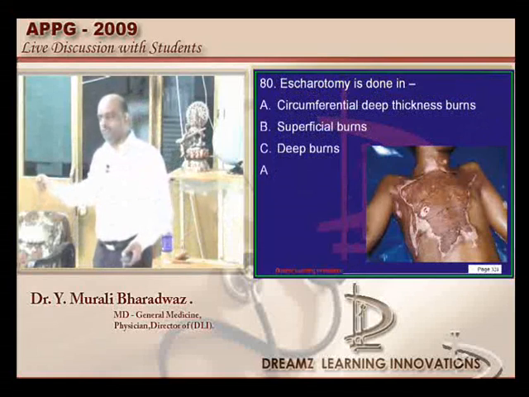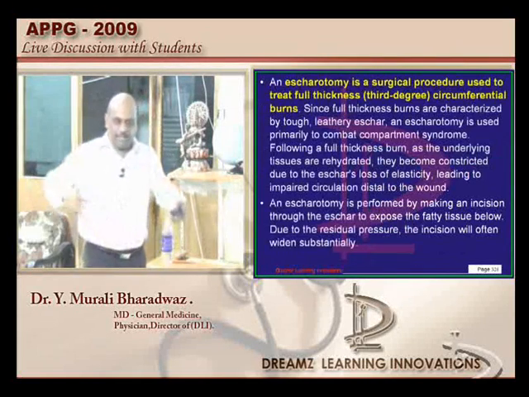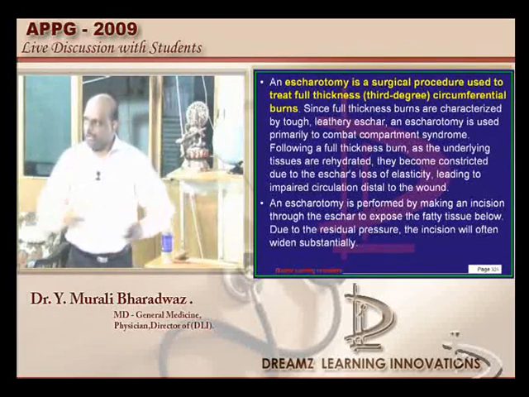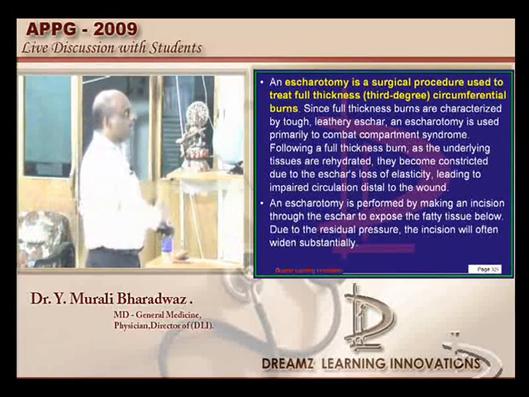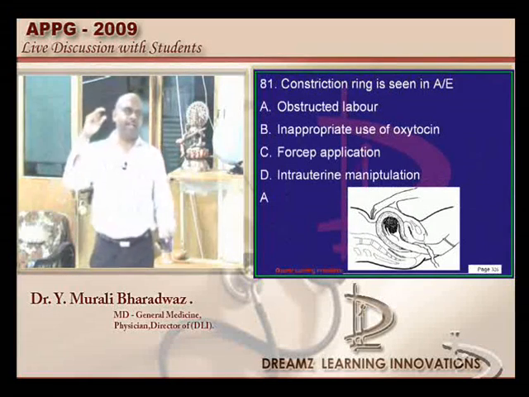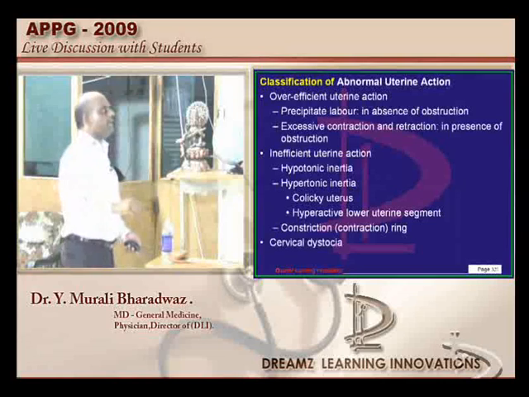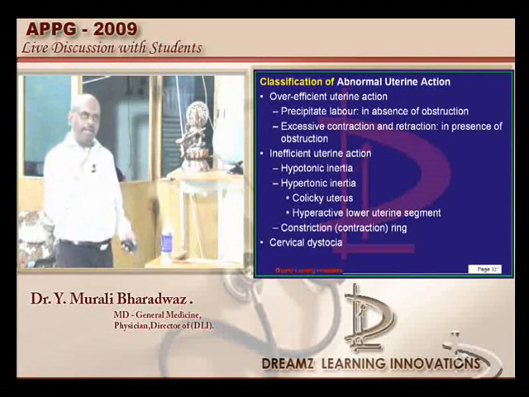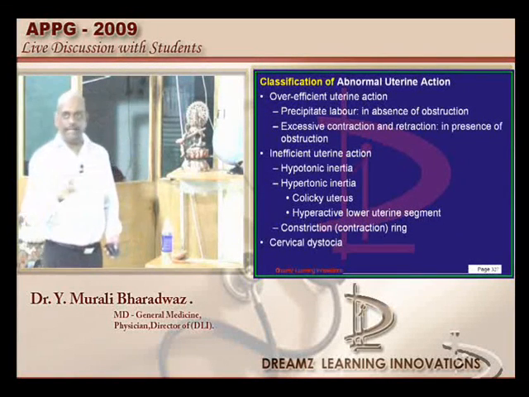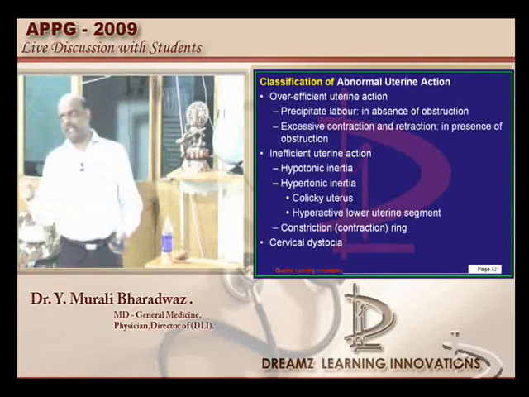Where do you do escharotomy? Whenever there is any deep burn which is circumferential, impairing the ventilation, then you need to do escharotomy, which needs to be remembered. We find a retraction ring, not a constriction ring, in the case of obstructed labor. Whereas in all the other three, any instrumental manipulation, intrauterine manipulation or inappropriate use of oxytocin can lead to the development